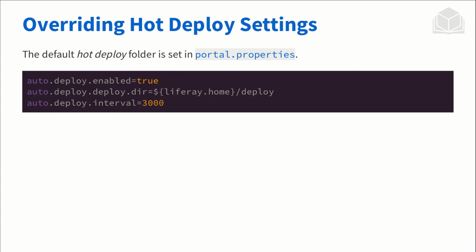auto.deploy.enabled equals true. That's the standard. You don't need to configure that. And then the deploy directory is liferay home/deploy. That's what happens anyways. And approximately every 3 seconds, the directory gets inspected and everything that's there will be deployed,